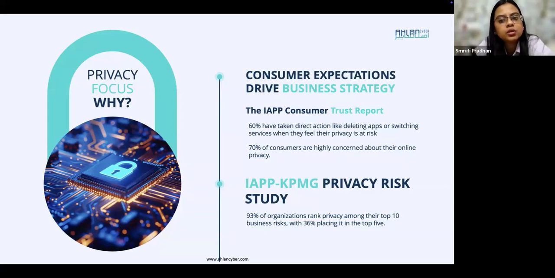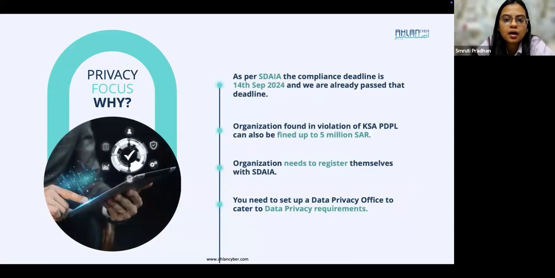So let's move into the next slide, talking about how organizations in Kingdom of Saudi Arabia really need to comply, and for that, why the focus is going towards the data privacy program. I think Omkar has already given a brief that even though the law became effective in 2023, it was enforced in 2024 from 14th of September. So even that compliance deadline given to organizations has already passed.